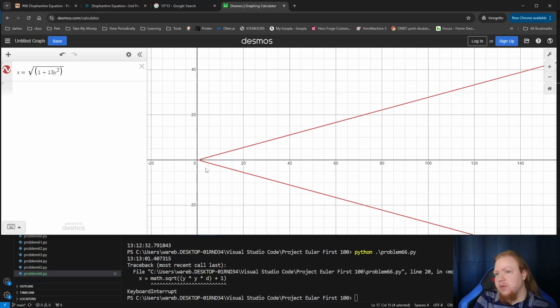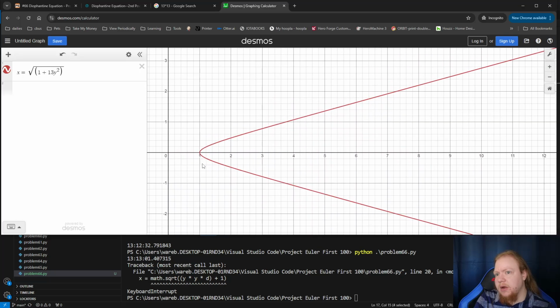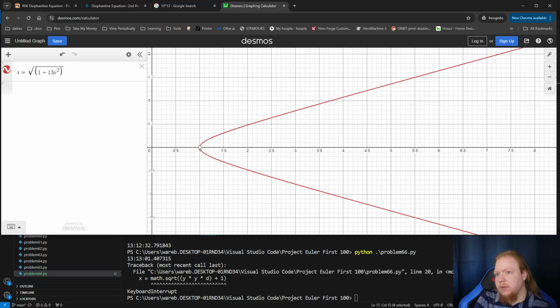When x is equal to 1, then y has to equal 0. When x is equal to 2, hmm,